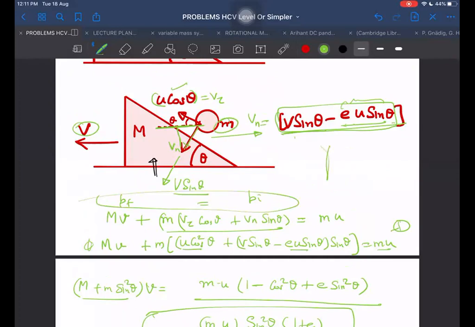On the total body, the combined system, what is the force acting on it? That is the vertical force. Okay. But on the individual body, what is the force acting on it? That is along the incline normal, zero. Along the normal, yes sir. So I applied it here.